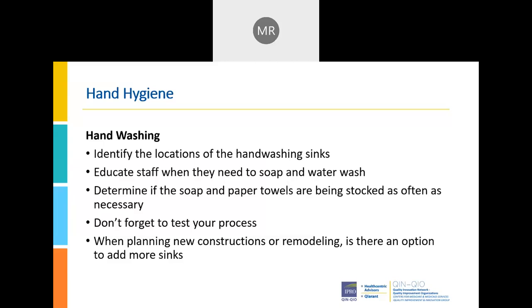You may have felt very confident about your process and developed it and thought, this is going to work. We're going to lock the alcohol based hand rub in this closet. The unit secretary has the batteries, and the key is over here. But in reality, when a CNA at 4 o'clock in the afternoon is trying to find all this equipment to make sure the alcohol based hand rub is working, they can't find it all. Different things are locked up. The batteries are locked up in a drawer, so you have to find a supervisor. I'm sure you can see all the different ways that process might fail.